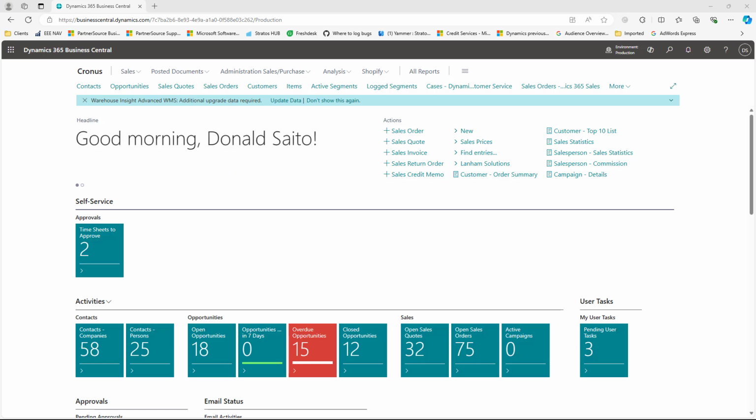Today we're going to cover Artificial Intelligence and Business Central. So with version 24 and up, CoPilot is now built in to Business Central. The benefit of CoPilot is it will actually look at your data, so you can ask it questions about your